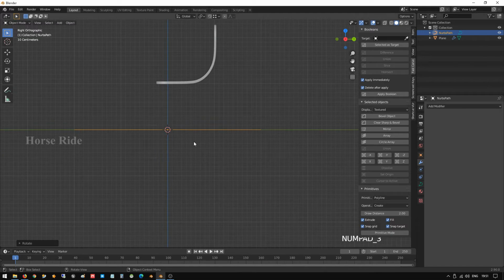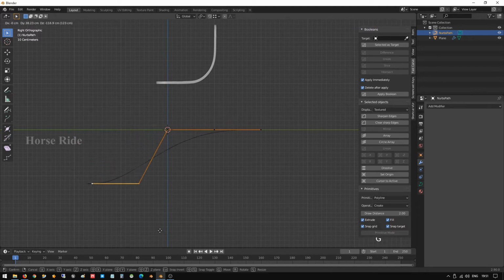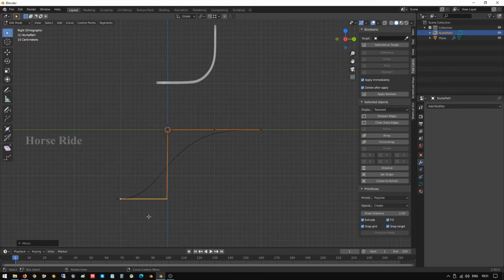Press 3 for right view. Press Tab to go to edit mode. Here you can see the vertex is there.